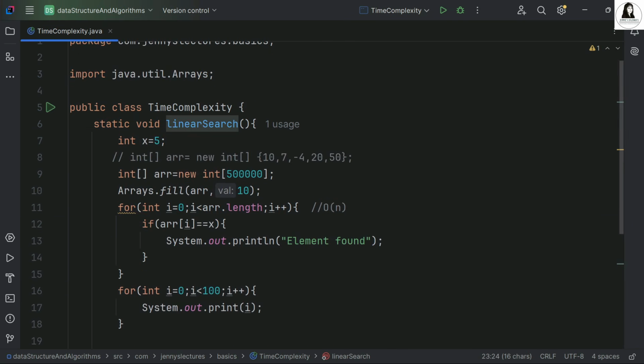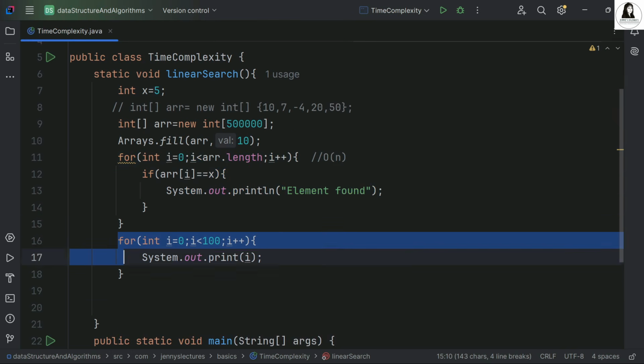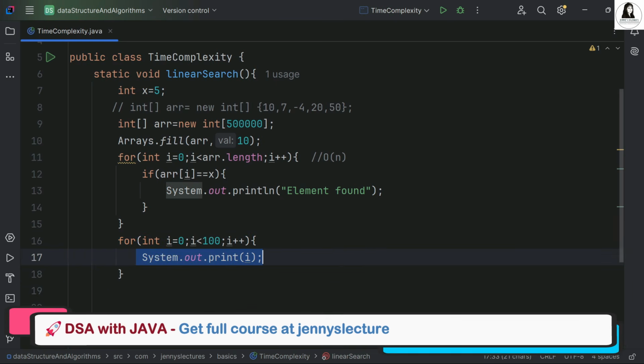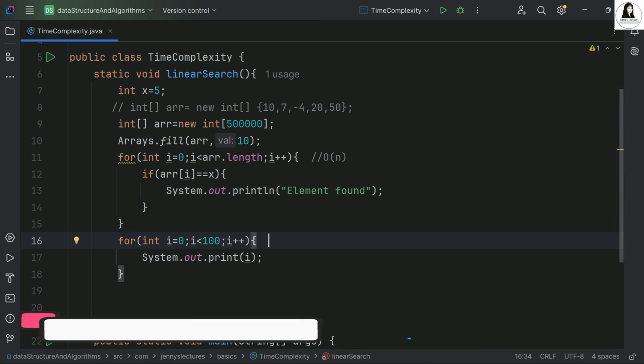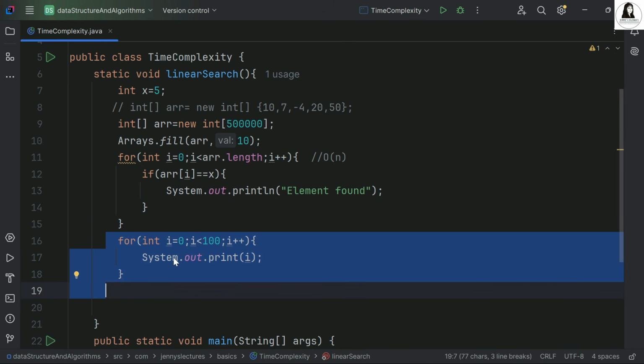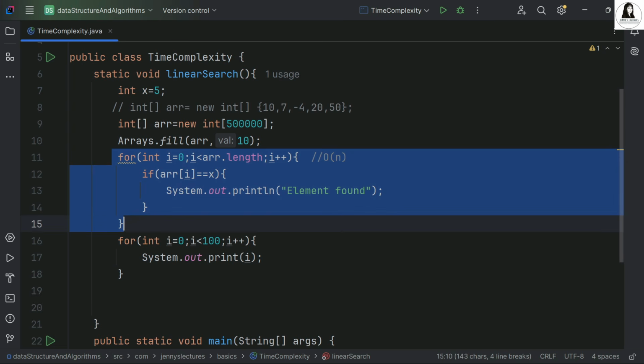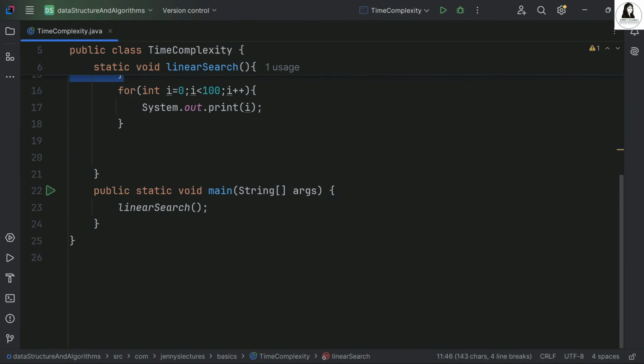In this method, we are having this array. One loop is this, and one is one more for loop, from 0 to 100. So this doesn't depend on the n or the size. It is constant 100. How many times would this statement be executed? How many operations are there? 100. So we can just write it's order of 100. For this loop, order of 100. For this, order of n. So for the complete method, we can write order of n plus 100.